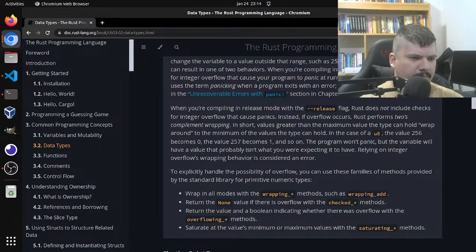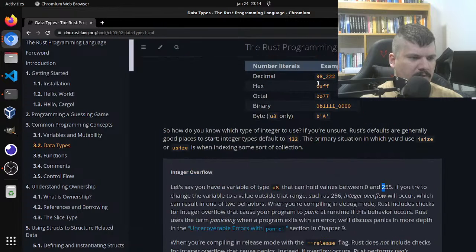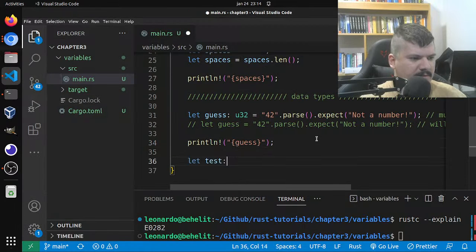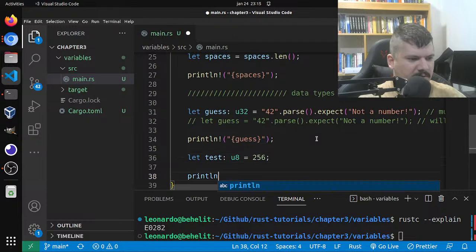Rust includes checks for integer overflow. That's nice, so let's try that and see what happens. We declare let test: u8 equals 256, and then let's print it and see if it warns us that we are about to break something